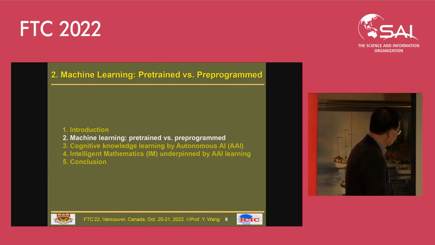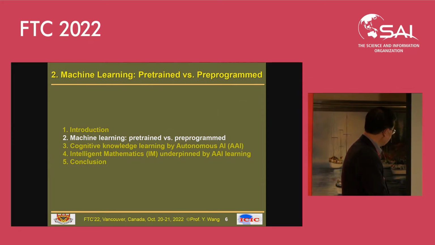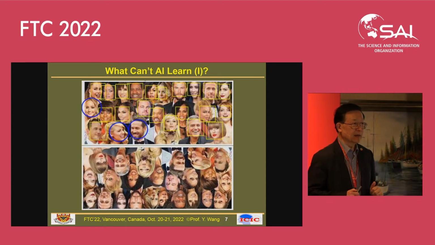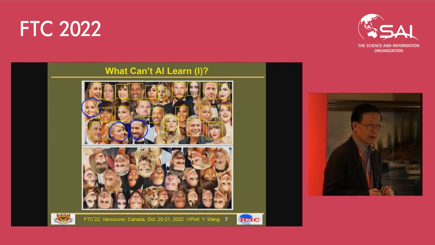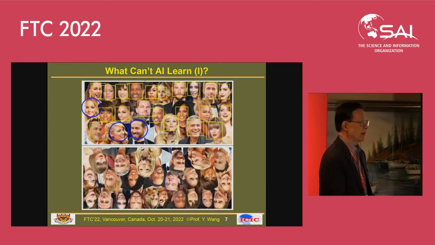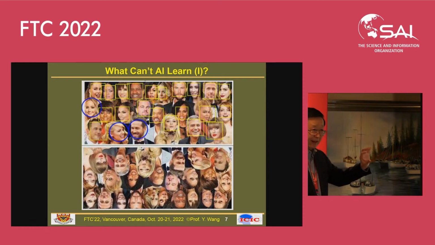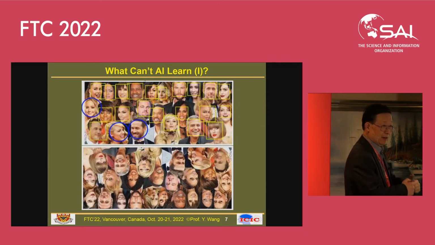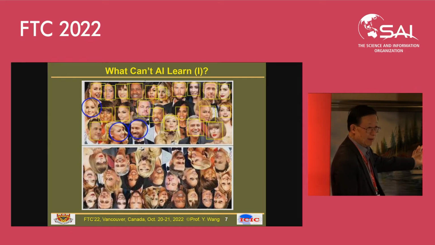So let's look at the second part, which is machine learning. We have so many great developments. But fundamentally, in order to develop future technologies or basic breakthroughs, we need to think in other ways: what can AI do? That's a way to think about what is missing. And this is the first example of what AI can do.